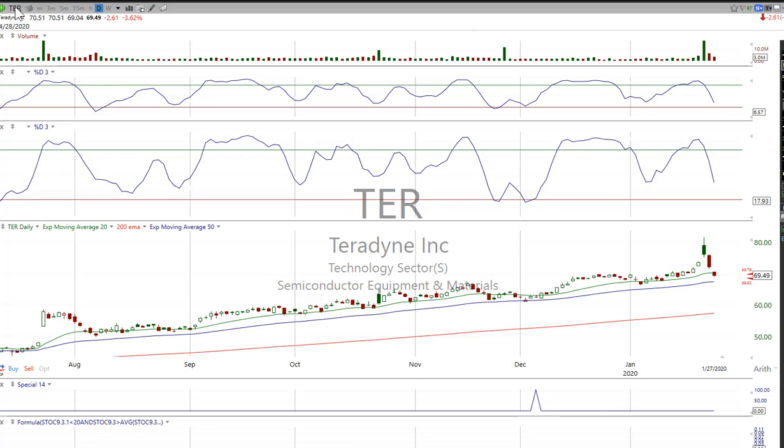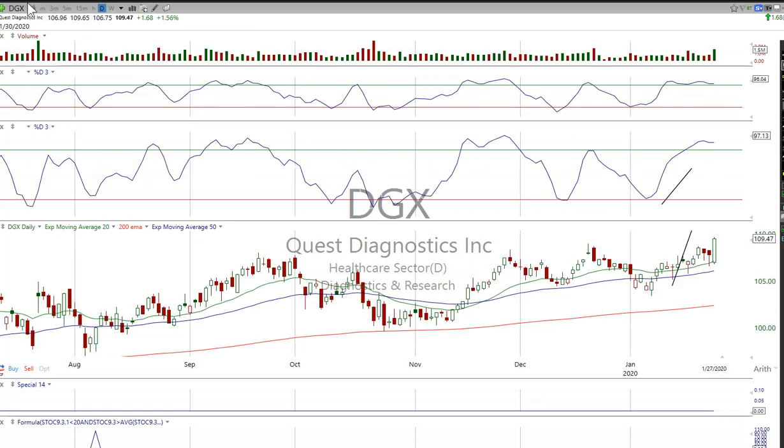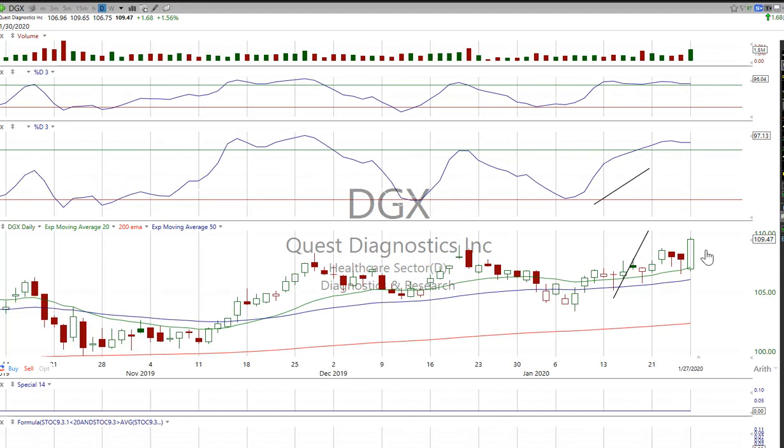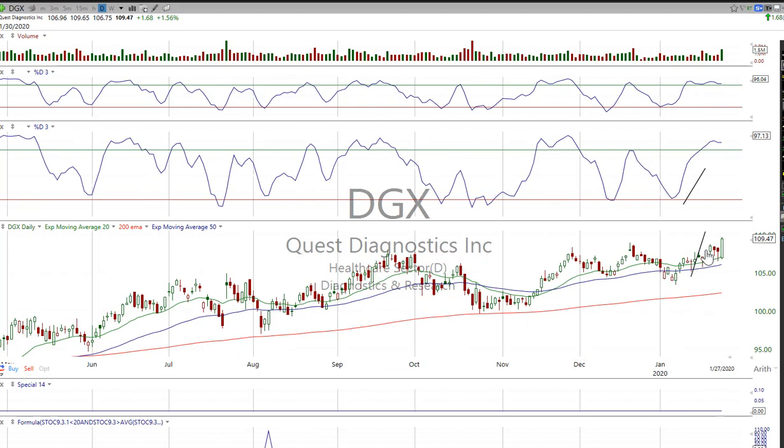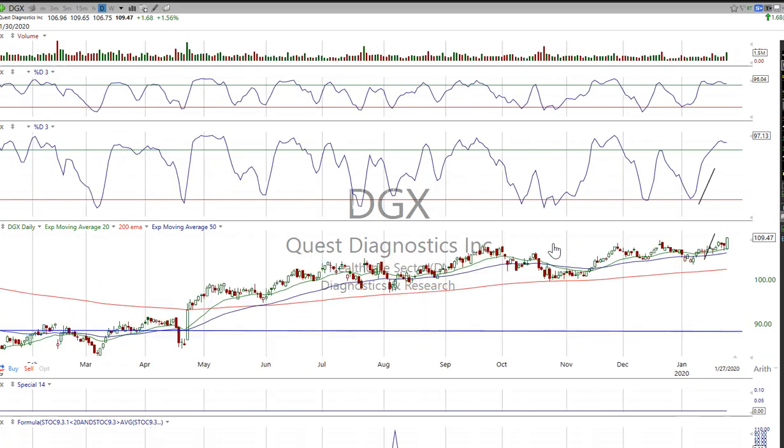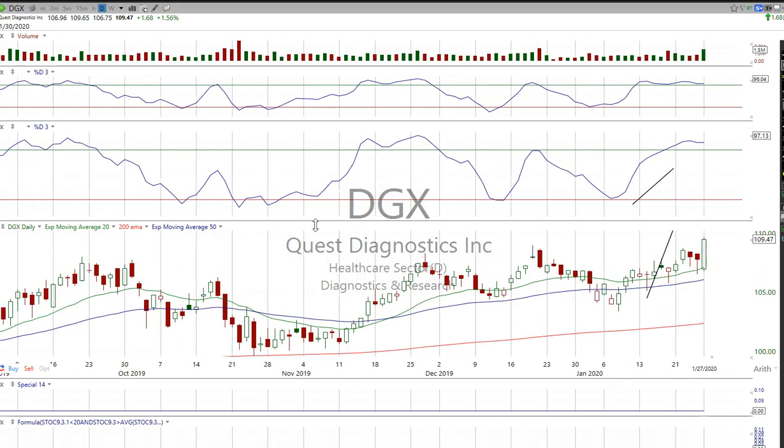Some of the other setups that I do like here, let's just go over a couple of them. We did take the DGX today, and that was perfect. It's a breakout, and it should continue tomorrow. We had breakout volume, should get a follow-through. That, and also Virus Lab, I'm feeling a big connection here. I think this was the laggard. I think we got in early enough to make profits. If people are still holding, I think you get more upside on this one.